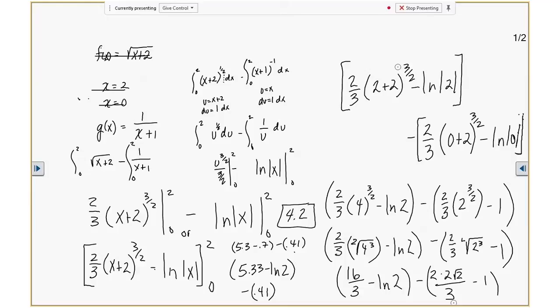Sometimes when teachers are doing stuff in their head, they write down what they're doing in their head. I was doing that 2 times 2 in my head. All right, so that 3 transfers over here. So that's going to be 4/3, which is what? 1.33, right? So that's 1.33 times